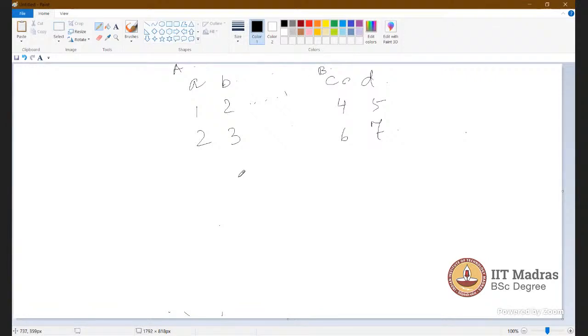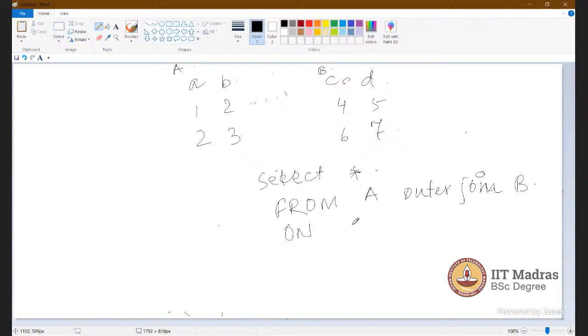What will be the result of the outer join? Suppose this is the query: select star from A outer join B on A.B equal to B.C. Then what will be the output?